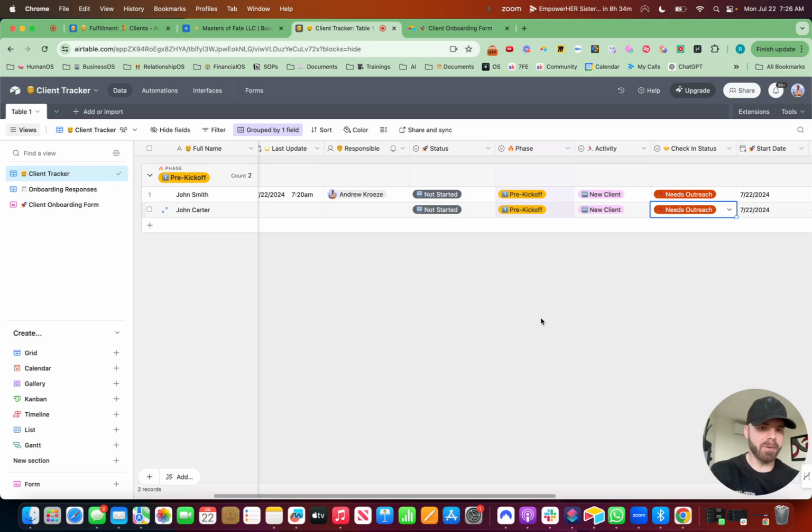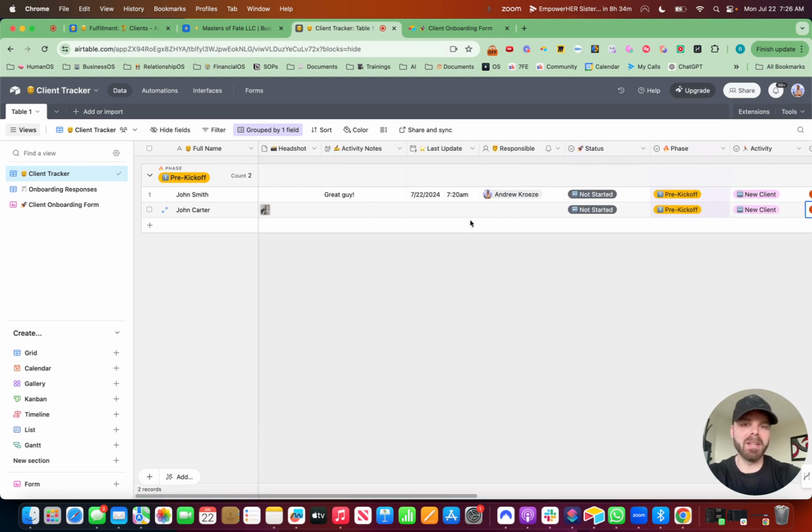For example, when a client goes to at-risk status, that can go over to your CSM, and your client success manager can get a task inside of Airtable and inside of Slack to hit that person up with